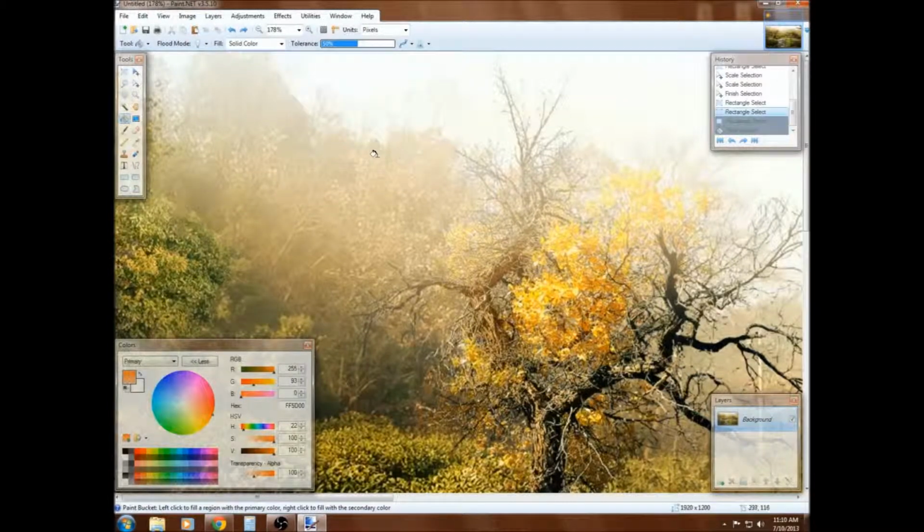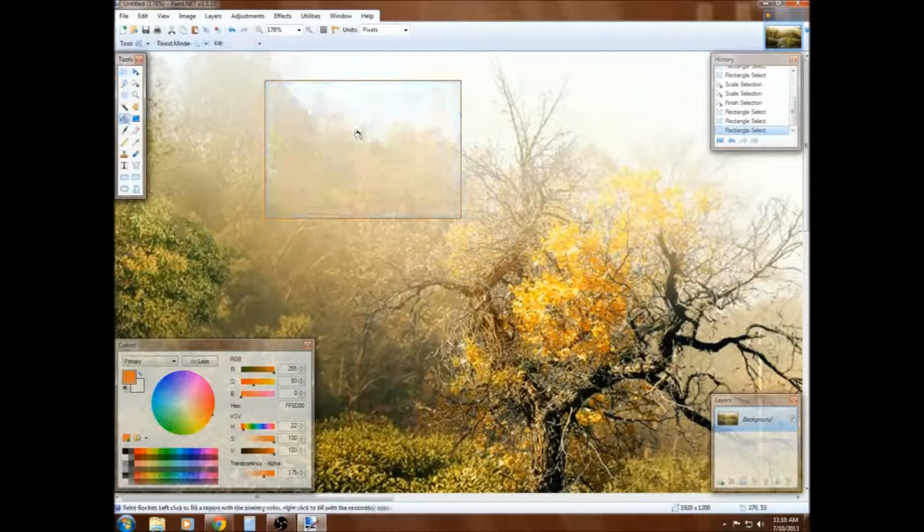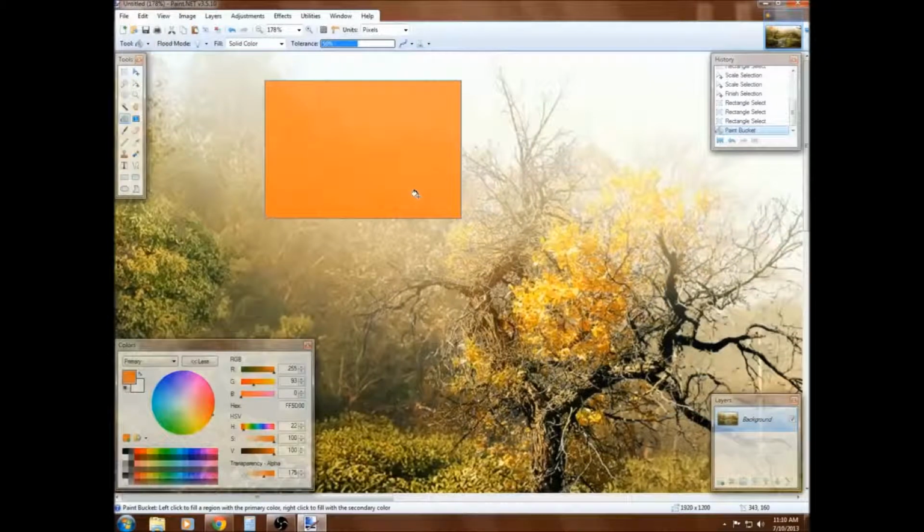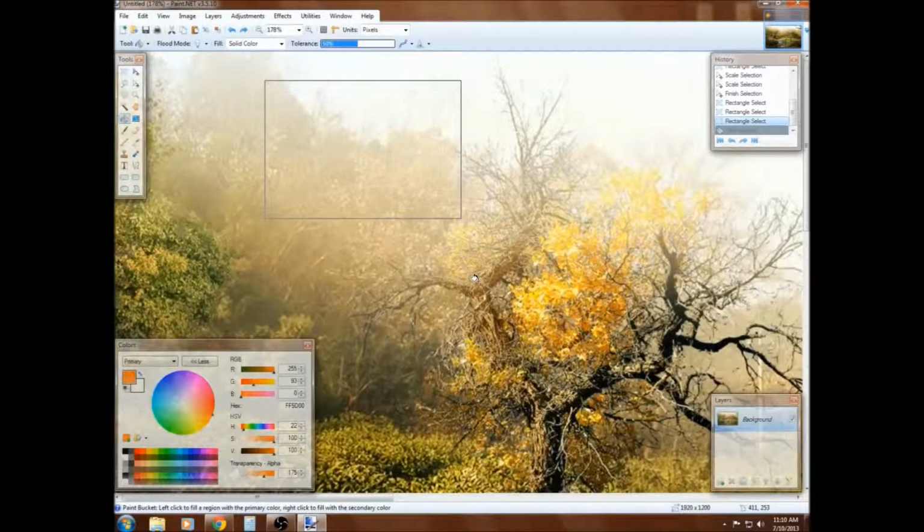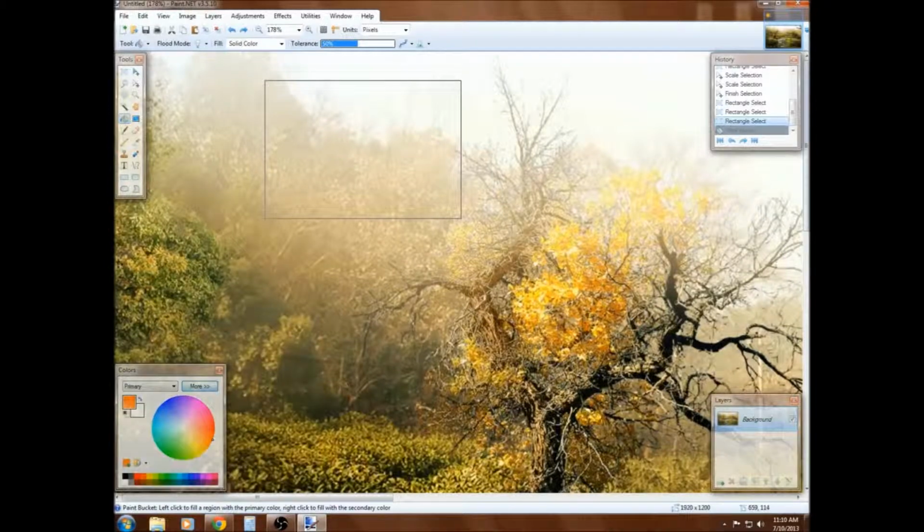It's not the best tool to change a lot of color, because if you adjust it to say like 200, or let's go 175, and let's do that area again, you can hardly see the background now because it's darker. So pixels will disintegrate the darker you get it. That's about it for the colors. So let's move on to